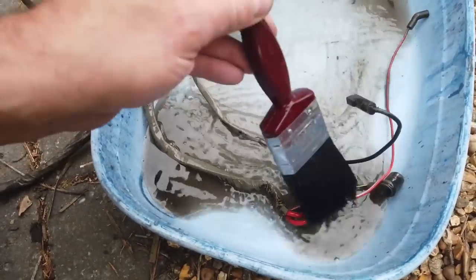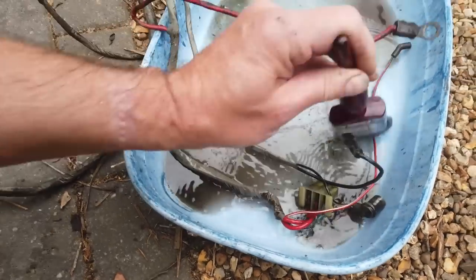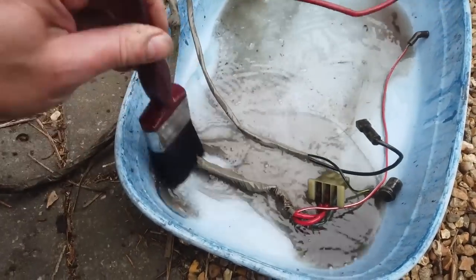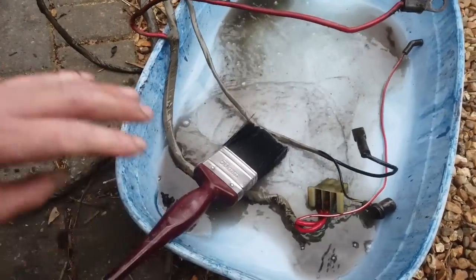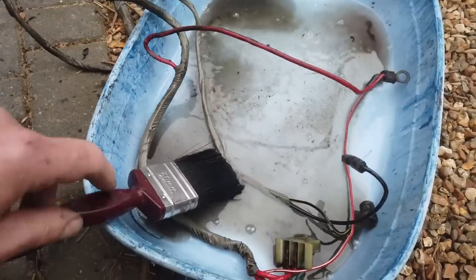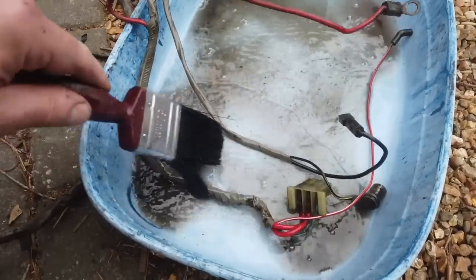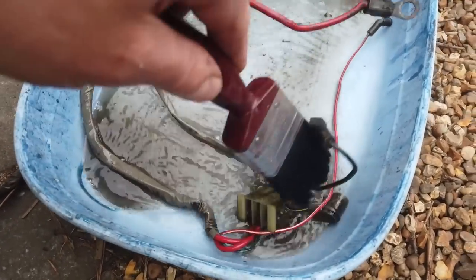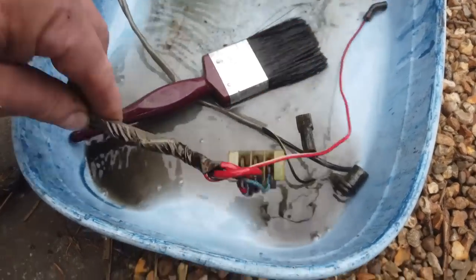Some of it we're going to keep, so we're going to clean this loom up outside because it's virtually summertime now. Well, I think it is, 23rd of May. So we're just going to feed that into this bowl with that degreaser in, so when I'm rebuilding this loom, I'm not getting covered in muck. I'm going to try and make the whole job as clean as we can, but as you can see, it's already bringing it up there,